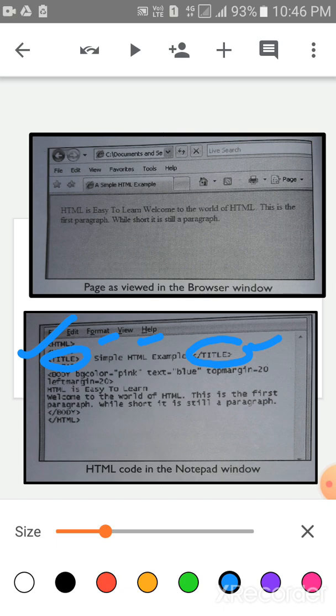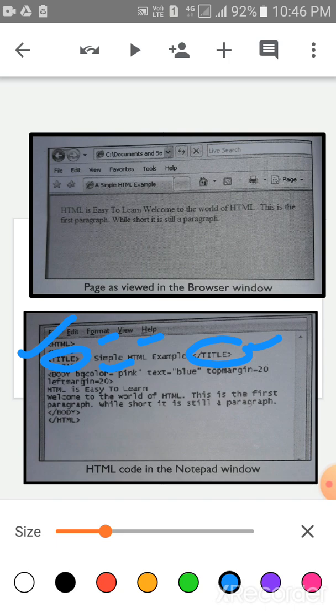After that you close the head tag and then start the body tag. In the body, you know how to give the BG color, background color: body space BG color is equal to, write down the color name, text is equal to blue, and top margin is equal to 20 and left margin is equal to 20 and then close the bracket.